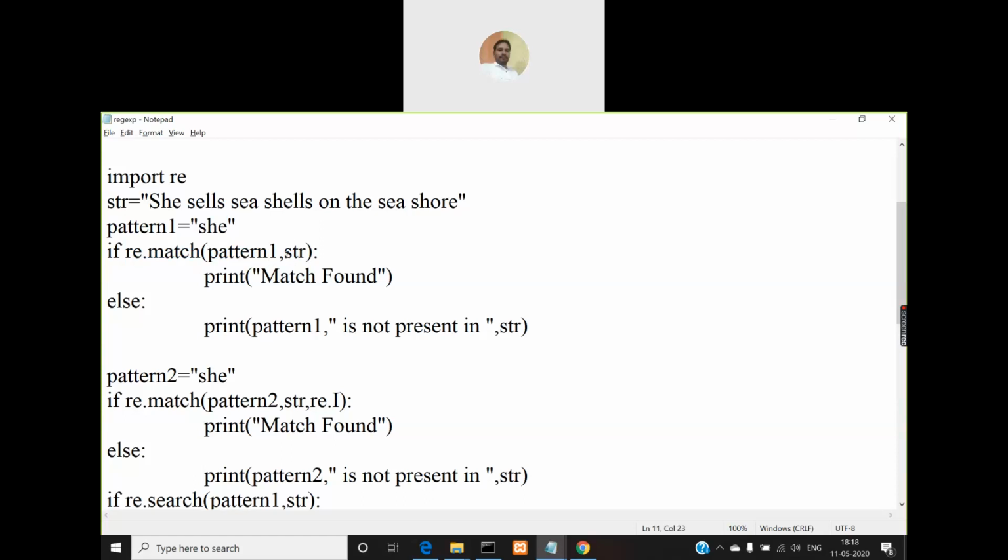What is there in str? She sells seashells on the seashore. If it is found, it will display the message match found. If not, it will display the message pattern1 which contains she is not present in str. So let me execute this program and show you the output.